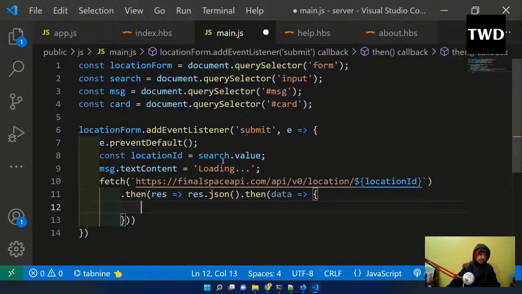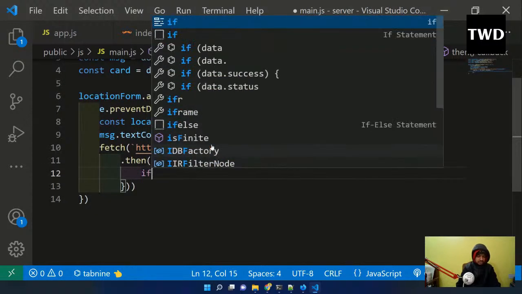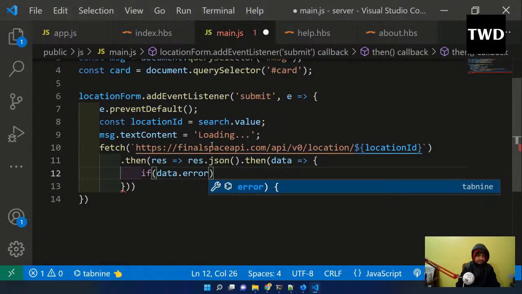Now this thing, I can do anything. Okay, so now if data.error,